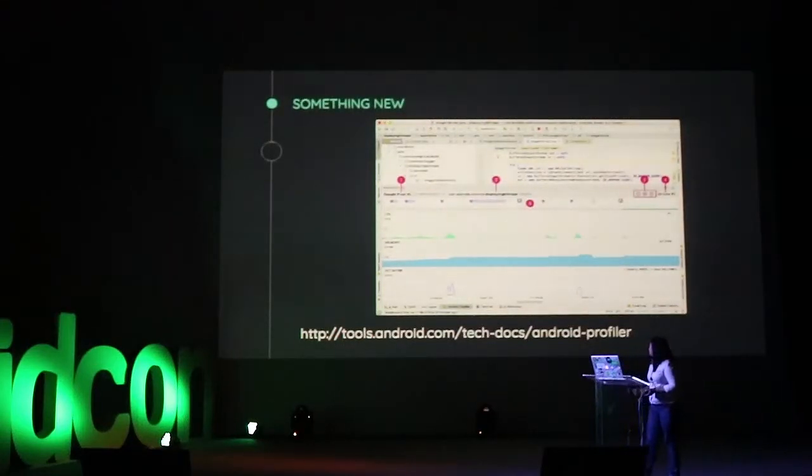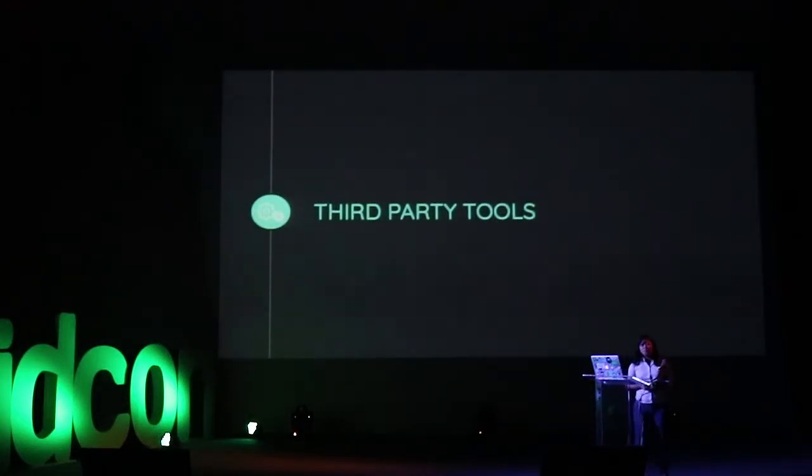So there is a really new version of Android Studio in the Canary channel. They announced it maybe a couple of days ago. They have this new profiling tool which will replace Android Monitor. So maybe what they talked about today will be obsolete when this comes out, but it looks really nice. If you are not in the Canary channel, you might want to download it and check it out. It looks really pretty.